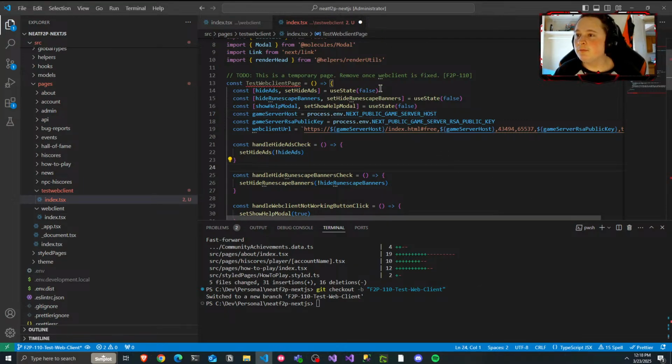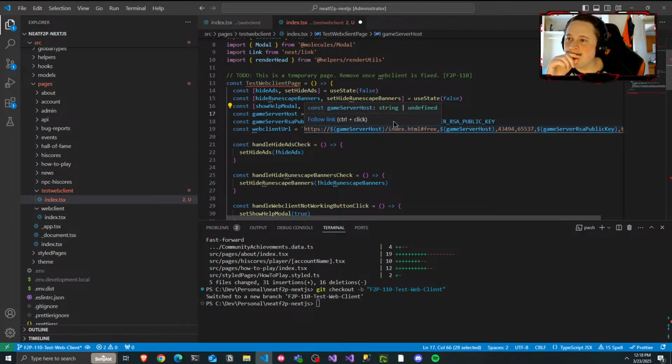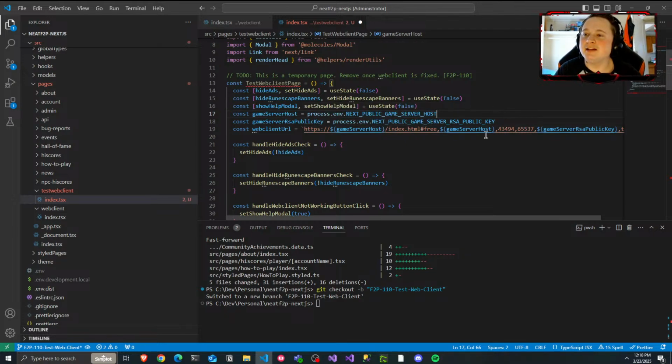Okay, so we posted in the Discord so they can join. Should it be an environment variable? I don't know if it needs to be. It's not like super secret information. It can be, but it's just an environment variable that we're going to take down, so I don't know if it really makes that much sense. I'm just going to